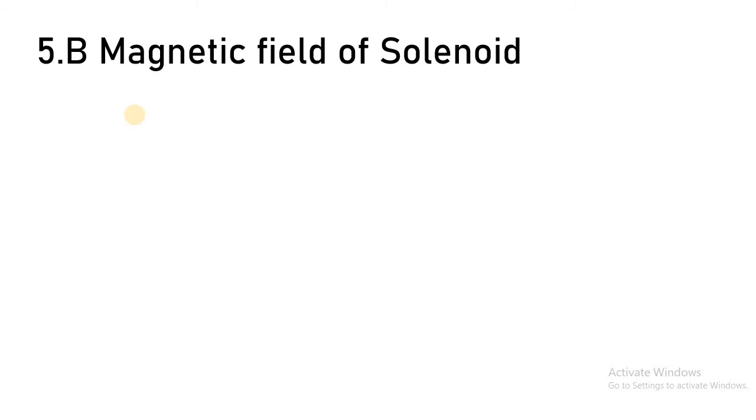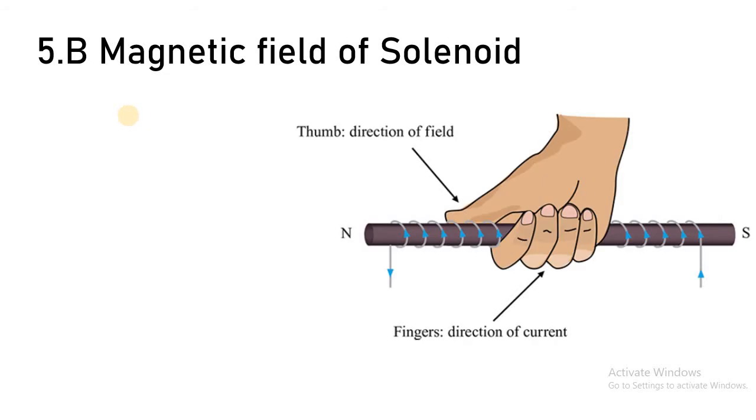It is a long straight conductor wound in a number of turns that forms a coil. It may be an air-cored coil or it may be a coil wound on a rod or a bar. Okay, so now just see. Here we have taken a metal rod, and we have taken a number of turns of a long straight conductor which forms a solenoid. Assume that the two ends of that particular wire are connected to one battery, and that battery has given me the current I, and this current I is flowing through every turn of that solenoid.